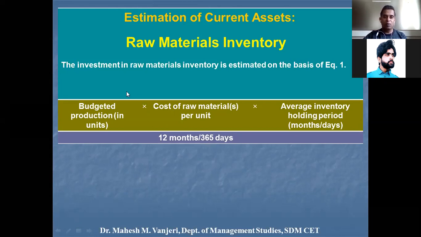And in some of the problems, like in problem number 1, you need not multiply these things. The working capital required to finance raw materials inventory is readily given. To understand whether it is readily given or whether we need to multiply these data, you need to understand what data is given in the problem. So in the first problem, this working capital required to finance raw materials inventory is readily given. But anyway, we understood how it is to be done.